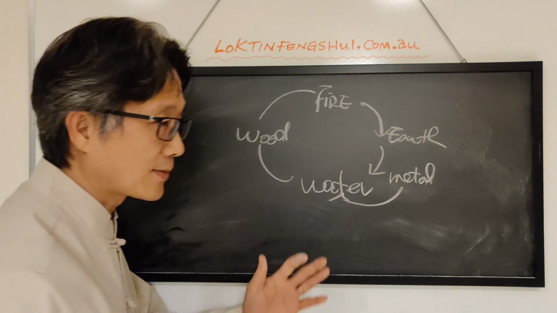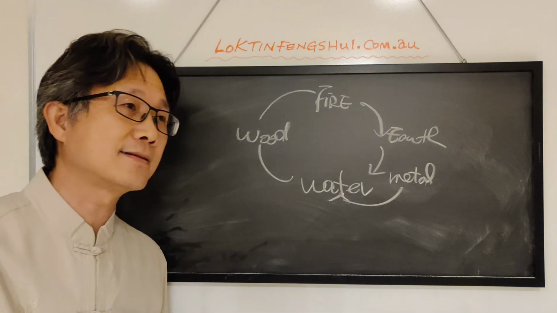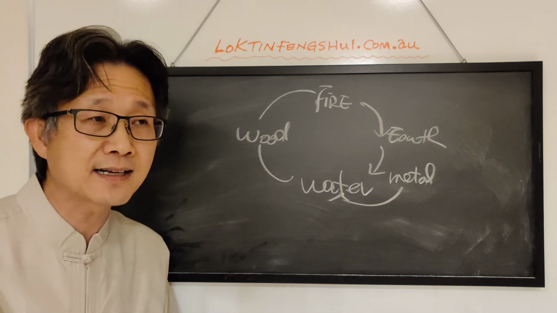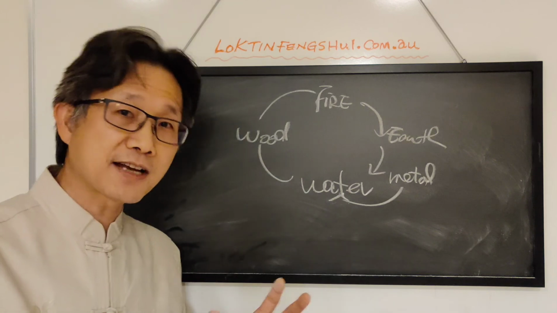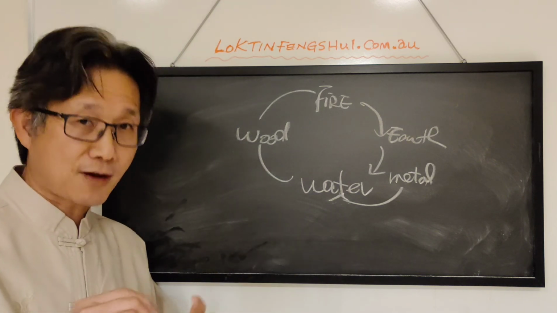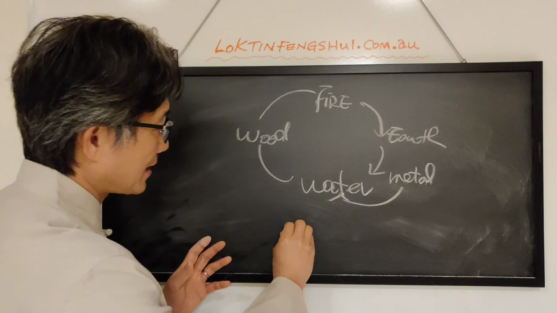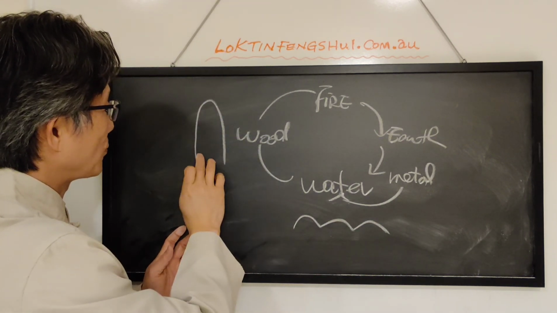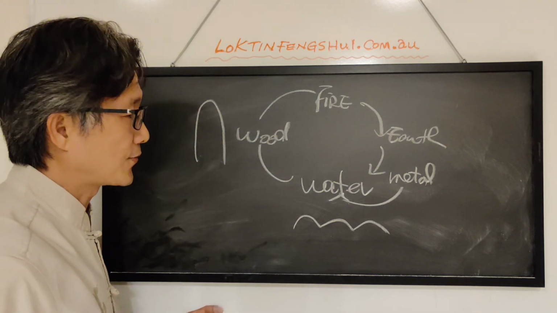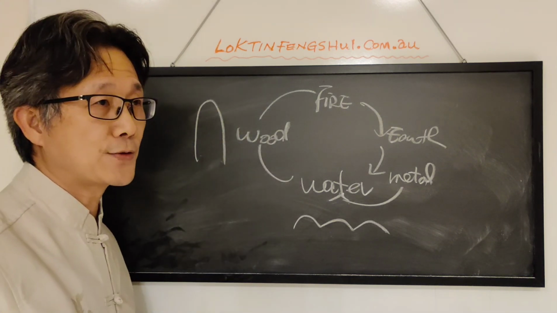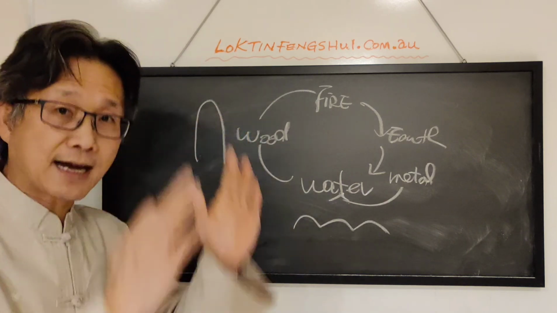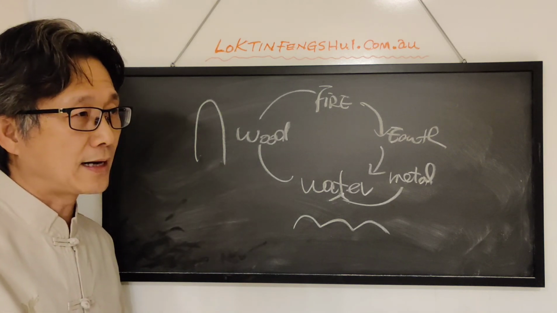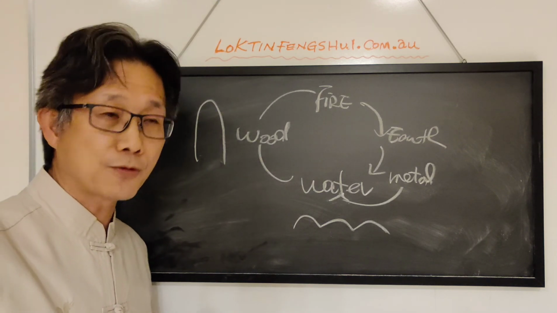Water, we talked about maybe in the 8th or 9th video, the 9 star. The 9 star divides into 9 shapes. But in the 5 element, we talk about only 5 shapes. So the water is like a wave, right? The wood is like this, a taller object. For example, if you live in Melbourne, Eureka Tower is one of the wood energy buildings. Taipei 101 in Taiwan is a wood